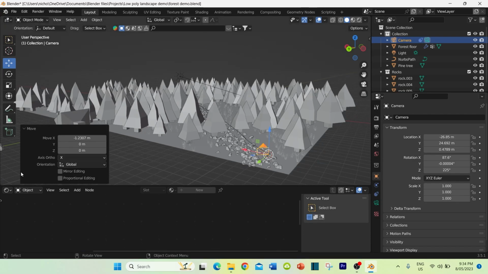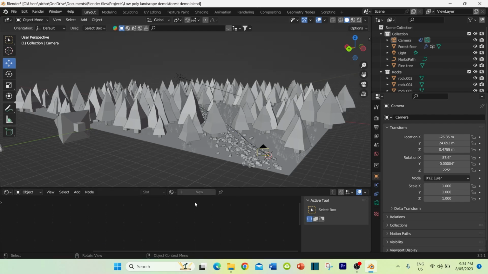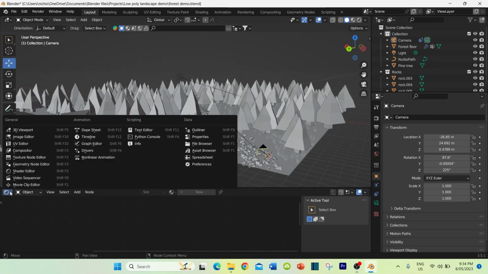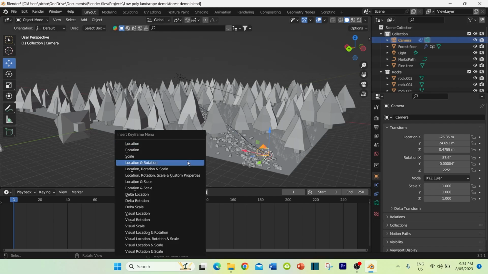Okay, but what we can do, let's test it on the timeline. Pull up this box down here. Now yours should already be on the timeline. However, we can change it if it's not. There's this little option here, and timeline. So the camera is at the start of that path, and if you've got camera selected and hit I and